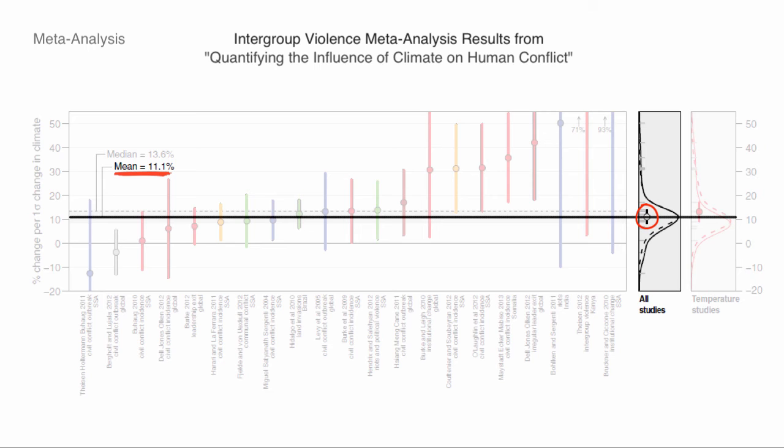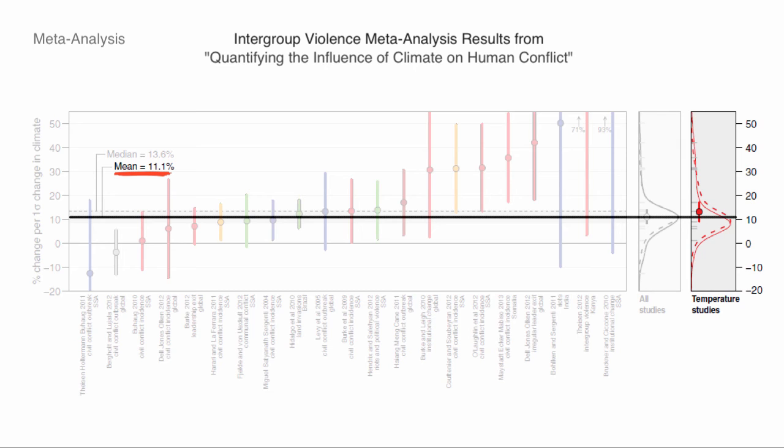So you can see, taking these couple dozen studies together, there's an average effect of 11% per 1 standard deviation shock, and it's very significant, right? This is far away from 0. The dashed line here is the Bayesian hierarchical approach, allowing for heterogeneity across studies. And it yields actually a very similar relationship here.